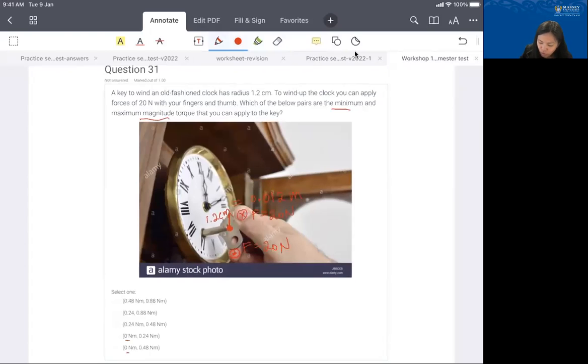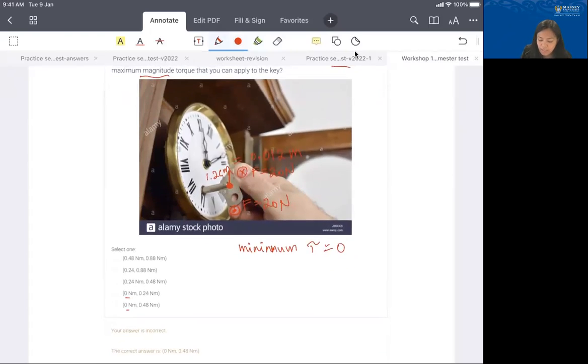So there are 2 choices. So minimum torque will be 0. That's when either you're not pushing on the key, or that's when the moment arm is 0. Okay. So there are 2 choices with a minimum of 0. Now for the maximum,